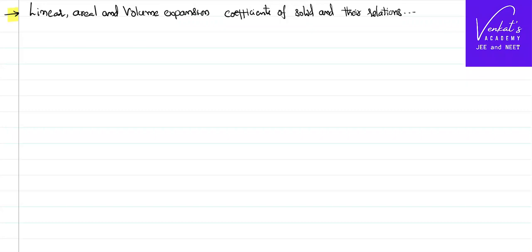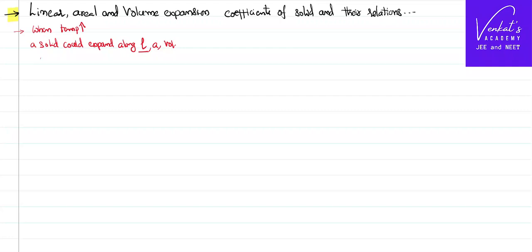Hello everyone, in this video we want to talk about expansion of a solid with respect to temperature. We shall understand that when temperature is raised, a solid could expand along its length, area and volume: one-dimensional, two-dimensional and three-dimensional. To measure the expansion along the length, called linear expansion, we have a term called coefficient